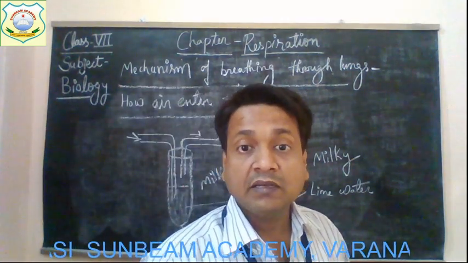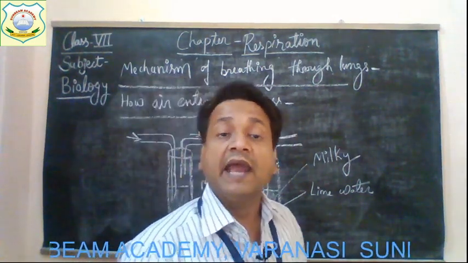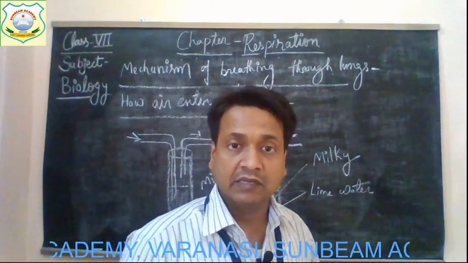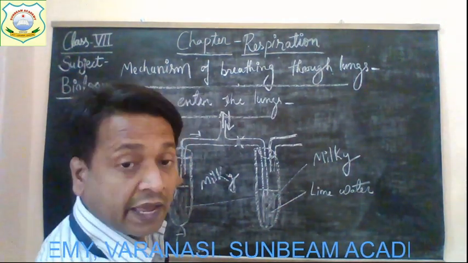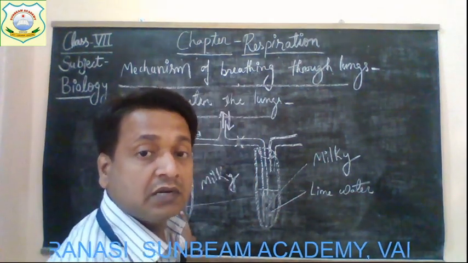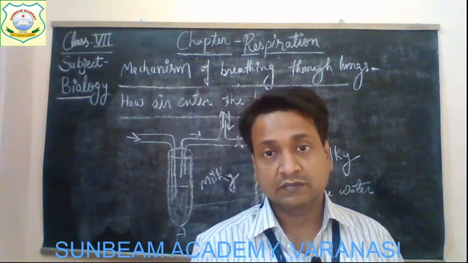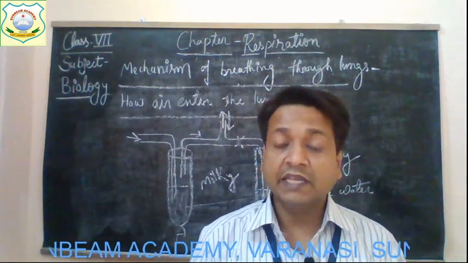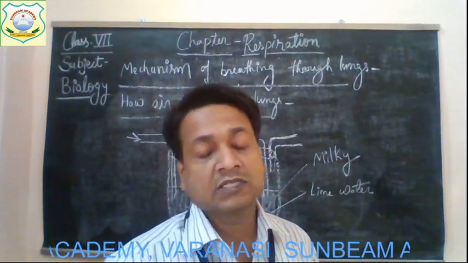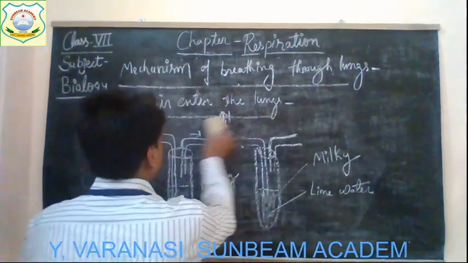Okay, the reason is that the exhaled air has more carbon dioxide, and this carbon dioxide reacts with lime water and turns it milky, whereas the inhaled air has less carbon dioxide, so that is why this lime water turns milky, but as compared to test tube B it turns less. Get it? So this setup simply indicates the percentage of carbon dioxide in inhaled and exhaled air, and we can indicate it as